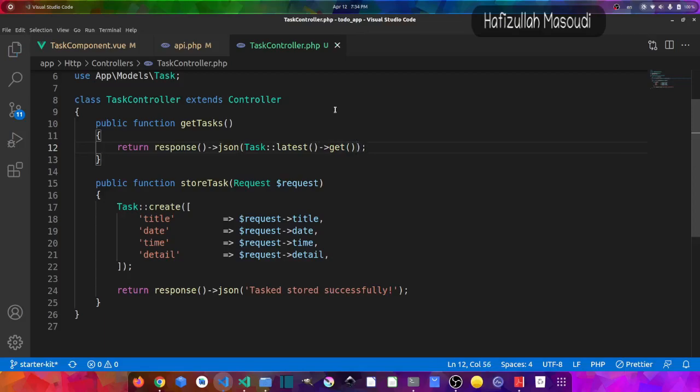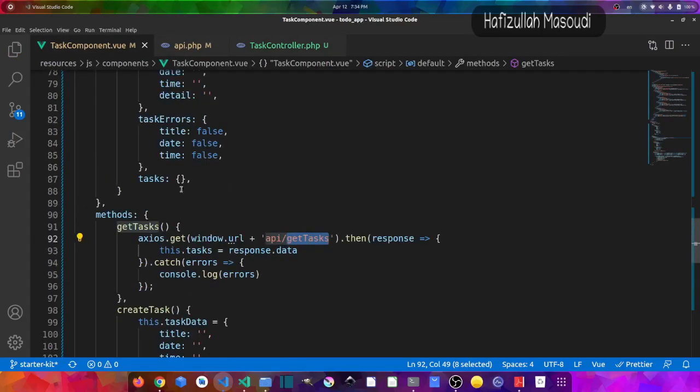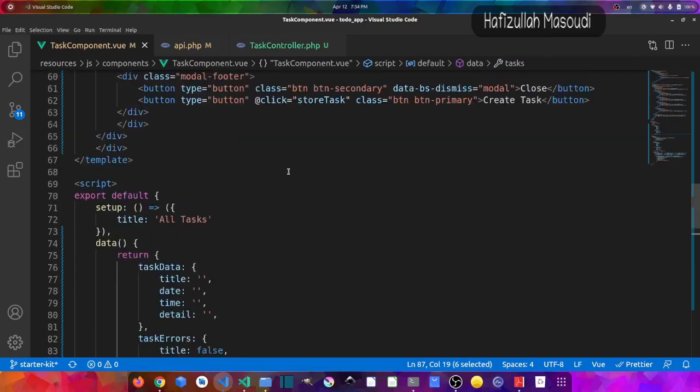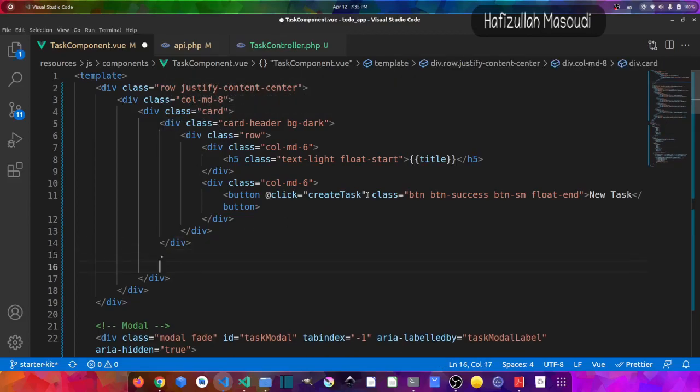Now we are getting the tasks, but we aren't showing it in the user interface. Well, we will use this tasks object we created because we are storing the response in this object, so we will use it in the user interface. So let's scroll to the top, and where we have our card, we only have created the card header. So let's create the card body. In here let's put our card body, so card-body,